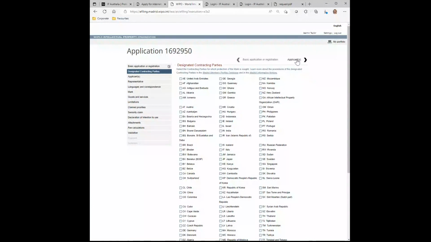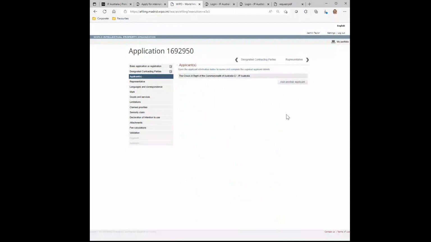And moving on to the applicant. Now, the applicant is the owner of the international registration, and it will populate from the trademark number that you imported earlier. You will need to click the applicant name, regardless of whether this is correct or not. In my case, I'm using an IP Australia trademark, so these are the details that it's populated. If you try to click to proceed, you will receive an error message saying that you need to pre-fill some of the details. So once we click here,